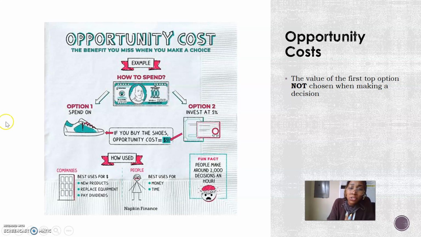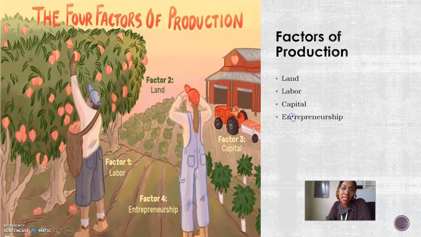So if you buy the shoes, the opportunity cost is $5, right? You can invest that 5% either or. So thinking about, okay, what's the benefit of doing that? What would I have lost if I bought these shoes versus investing that money? So just thinking about those opportunity costs. You guys are going to watch a video on opportunity costs in a bit too, so I'm not going to go super in depth, because I think that video does an awesome job of bringing up a scenario of opportunity costs.